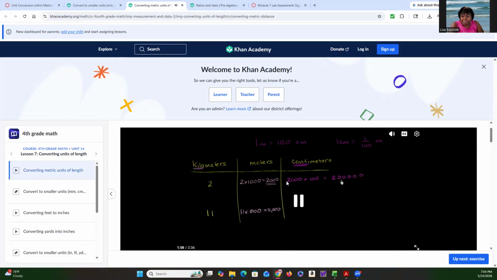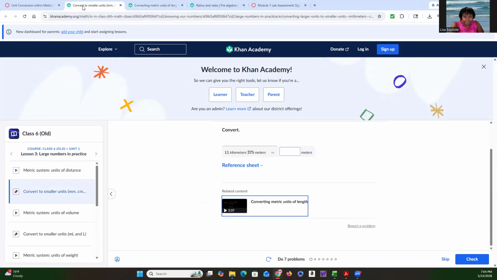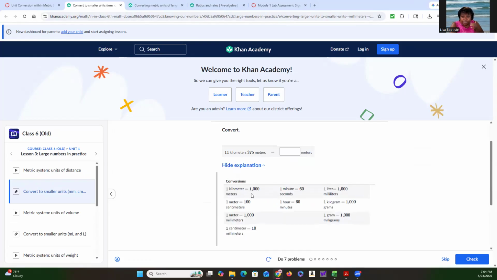All right, so they're explaining that you're multiplying the 2 times the 1 to give you 2. You have these 3 zeros, plus you have these other 2 zeros to give you a total of 5 zeros here. So it's 200,000 centimeters. All right, so you're going to do the same thing basically with the 11,000 as well. So you can watch through the video, that'll help you. And remember this reference sheet. So when we looked at 1 meter is 100 centimeters, 1 kilometer is 1,000 meters, that's where those equalities came from. So if we're going from 11 kilometers,